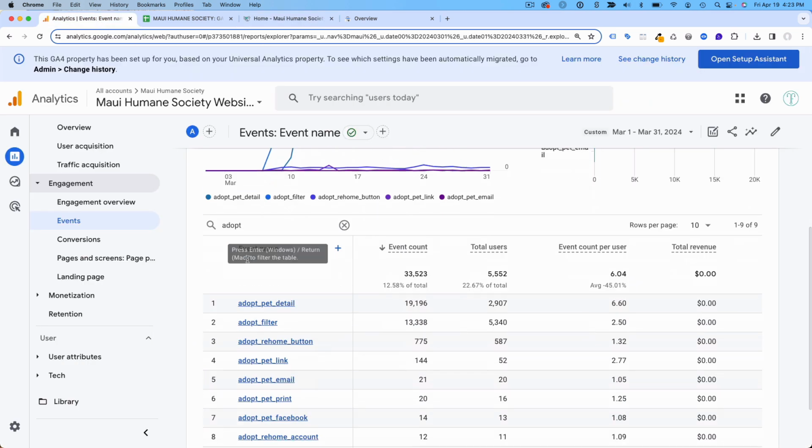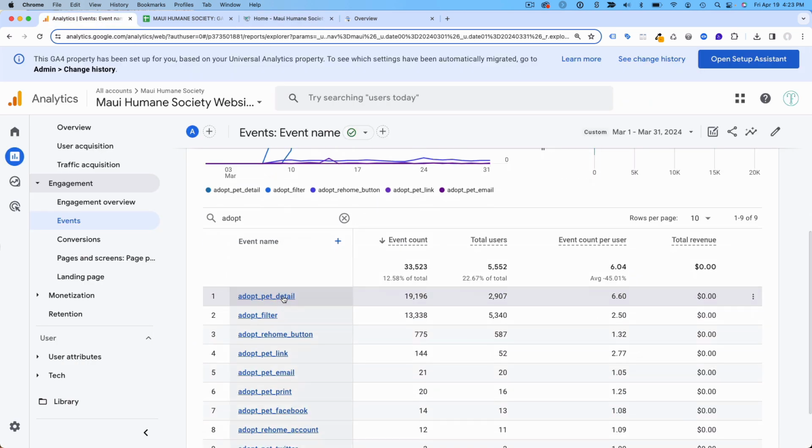website. So for example, are people clicking on individual pet details? Are they utilizing the filter to look at the pets available for adoption? Are they clicking the rehome button? Are they clicking on links to look more at that pet? Email somebody about the pet that they want to take home and love, print off some details about pets, etc.,